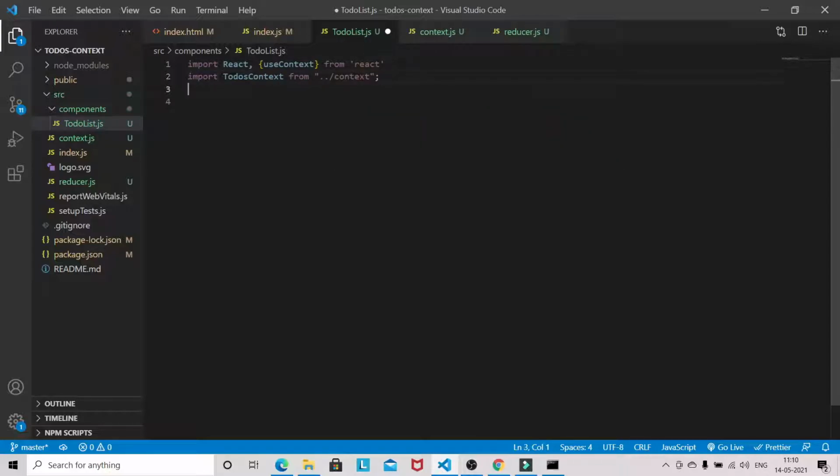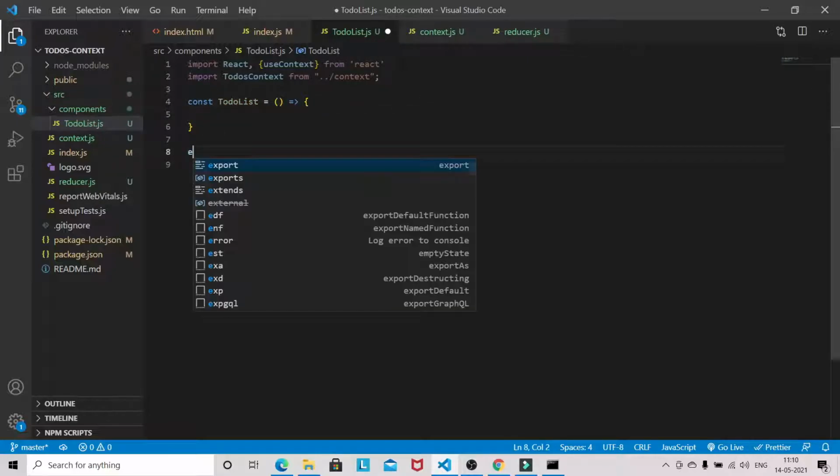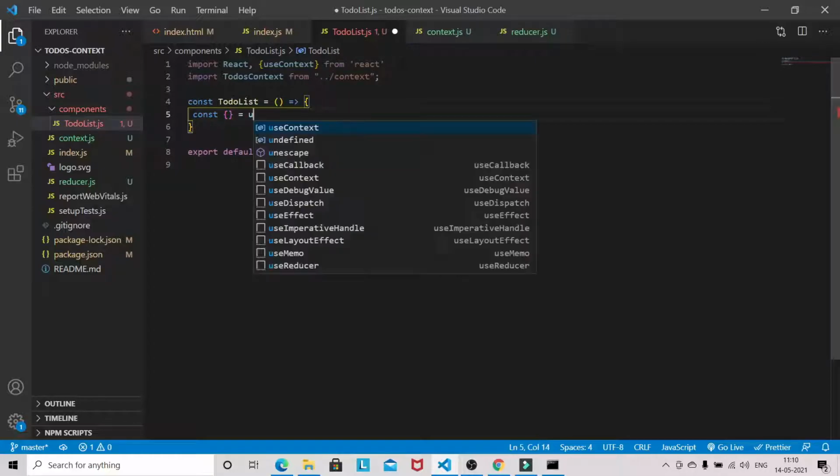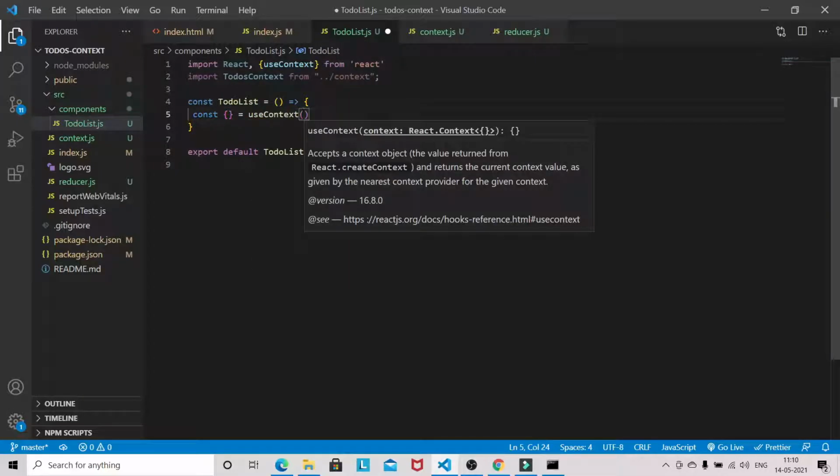Okay, so here const to-do list, export default to-do list, and we can access the state and dispatch with the help of useContext.